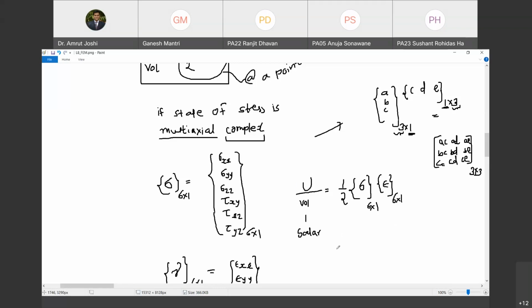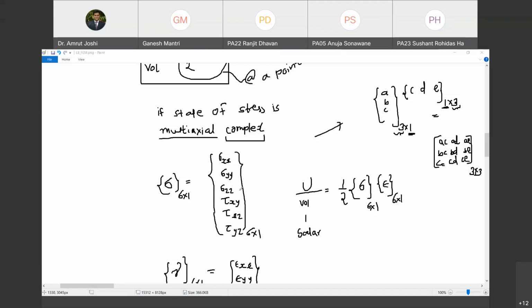If it is so, first of all, I have in my mind that there are three conditions that must be satisfied in the expression on the right hand side. Sigma xx and epsilon xx is a pair, their multiplication should occur. Sigma yy and epsilon yy is a pair, their multiplication should occur. I cannot multiply sigma yy by epsilon xx, that is nothing. So when multiplication has to occur, it has to occur between the corresponding strain components and stress components.